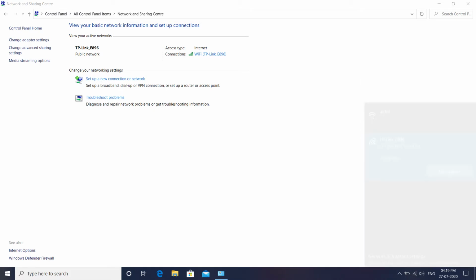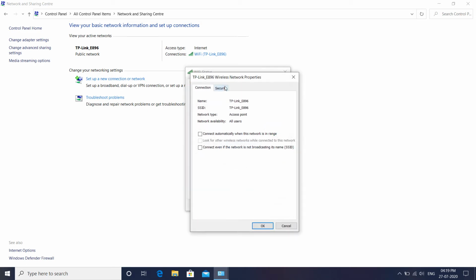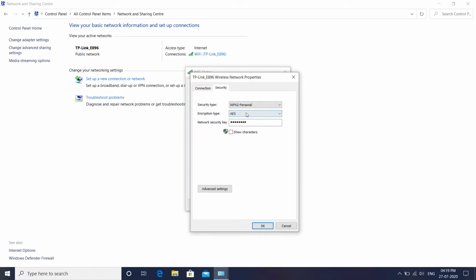10 computer. So first, right click on the network icon, just give a single click, and after that select wireless properties and select security. And this is the type of security associated with it, you can see this is WPA2, which is encryption. Just select show characters, and as you can see this is my Wi-Fi password,